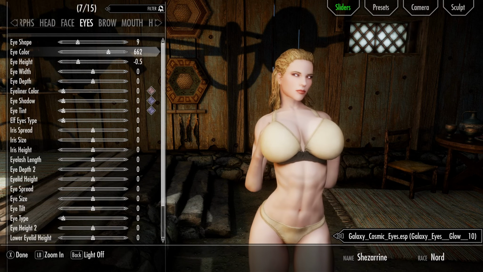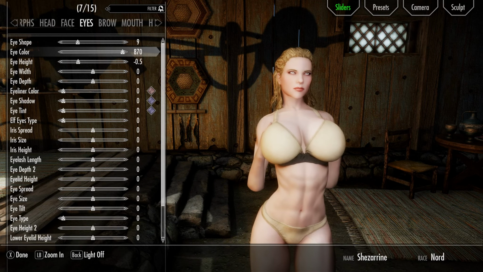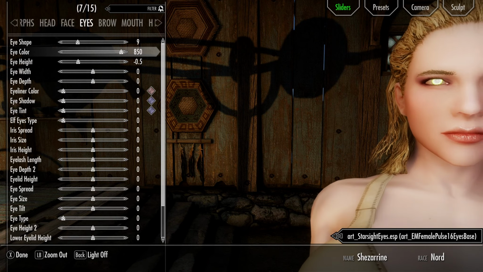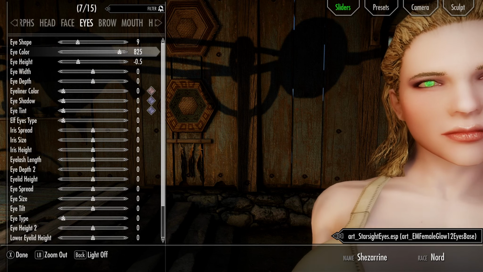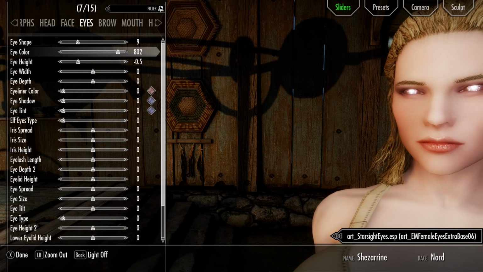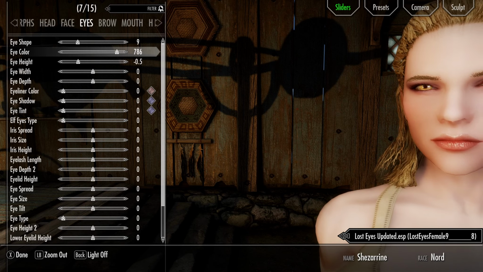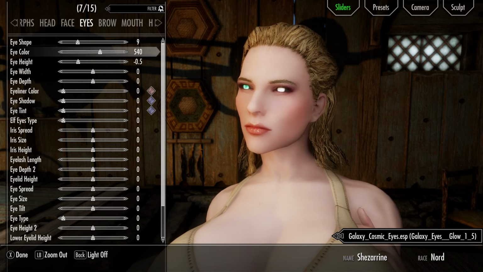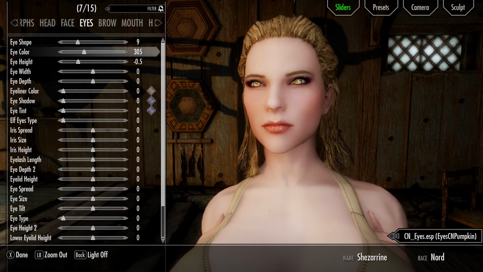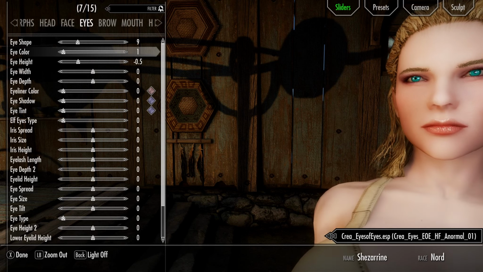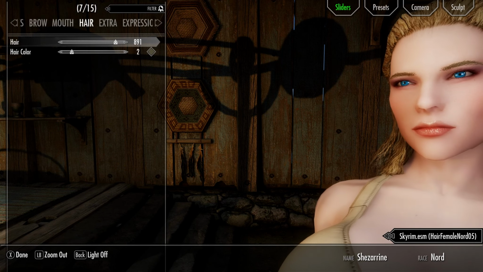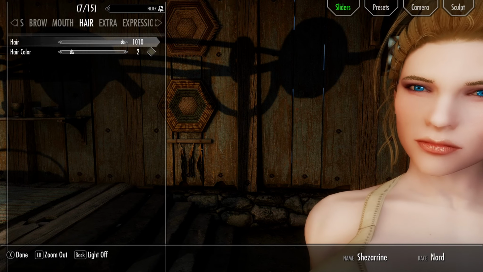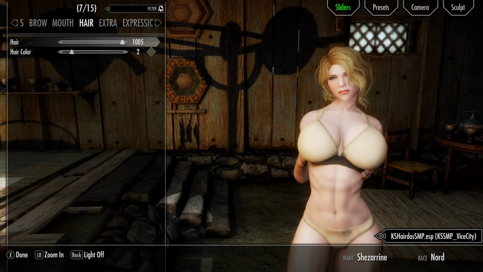So as you can see, we've got a lot of, holy smokes. So we've got 870 different types of eyes we can use. All kinds of different ones, from really cool spell looking eyes to normal eyes to glowing eyes. Yeah, they can go on forever. Different colors, separate colors. So our eye mods are working. We'll check out the hairs. So as you can see, we have a lot of hairs. We've got 1,010 different hairstyles, and probably